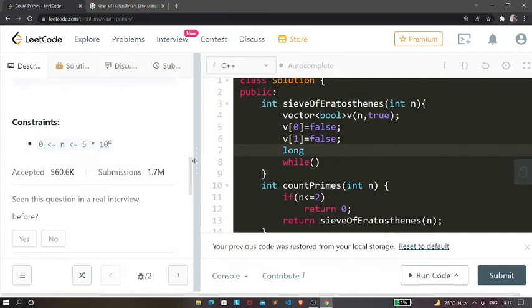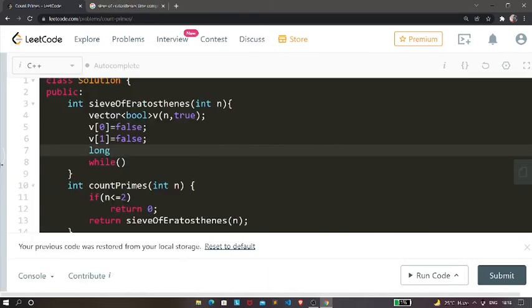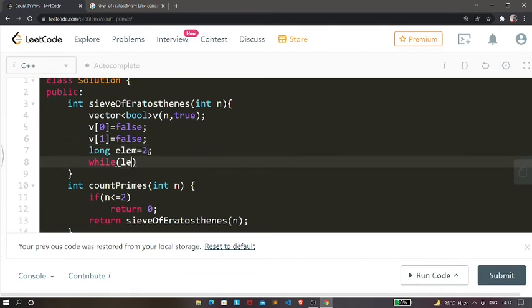If I multiply 10 to the power 6 with 10 to the power 6, it is quite a large value, so we need to take a long data type here. Let's consider it to be some element, currently 2. Now our element square should always be less than or equal to, or you can say less than, n.